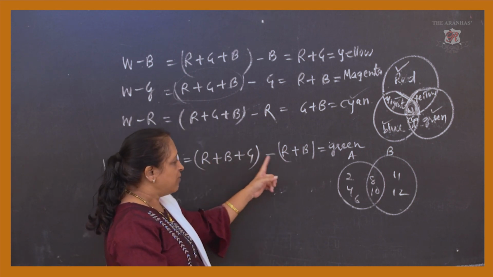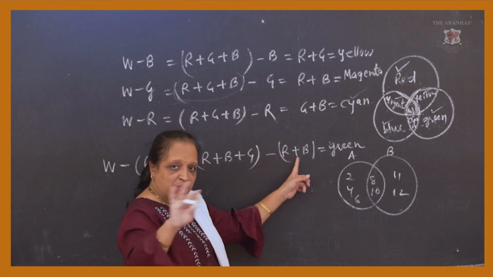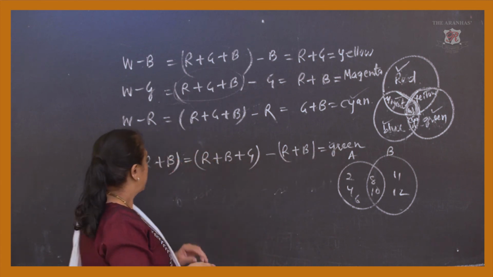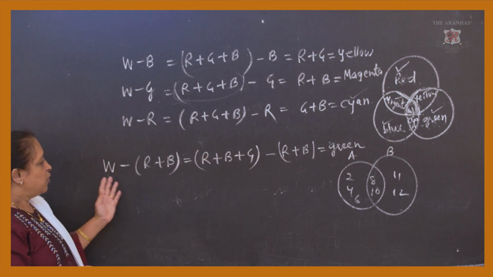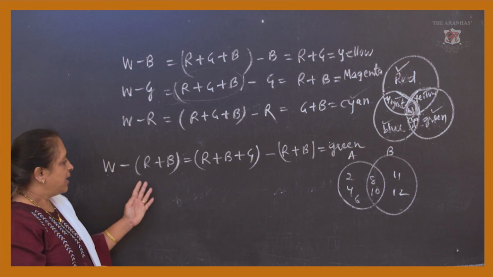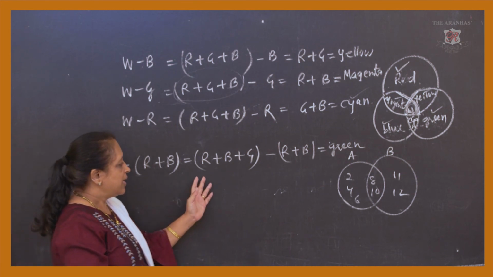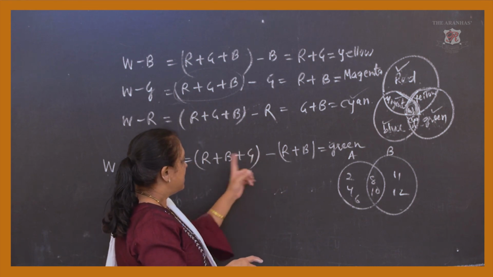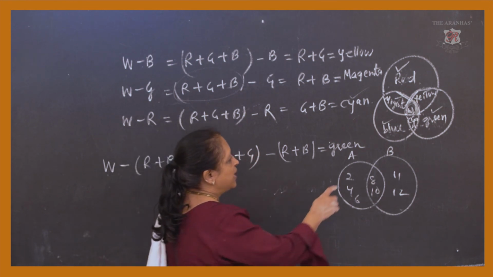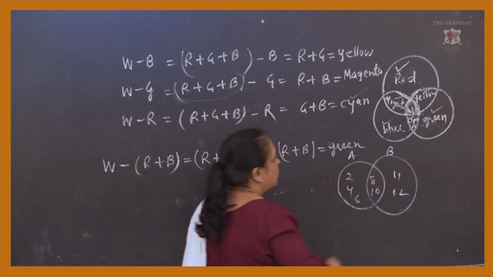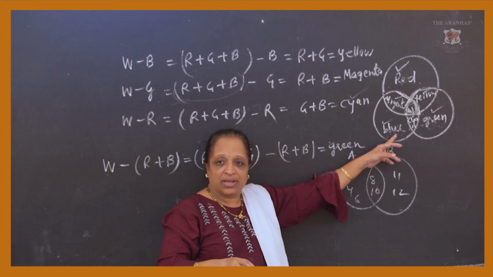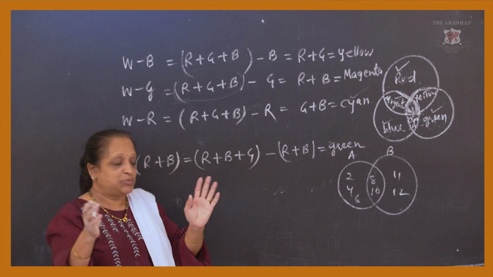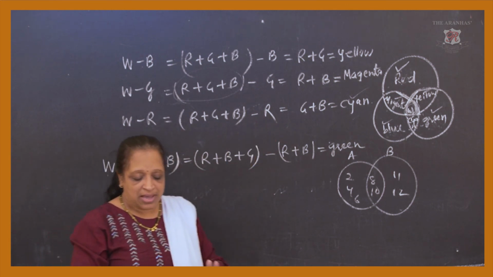Red, blue, green. From that we are just removing red and blue. That is, color is absorbed. Red and blue absorbed, we have the green color. Same you can do, W minus red and green, which is red, blue, green minus red and green. When red and green is taken off, we have the blue color. So every time the color which is left, which is absorbed, is minus, and the remaining is the remaining color.